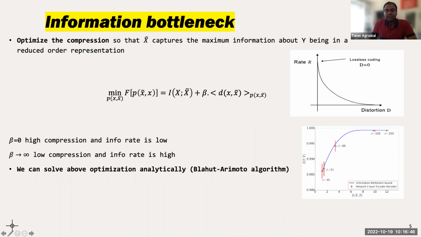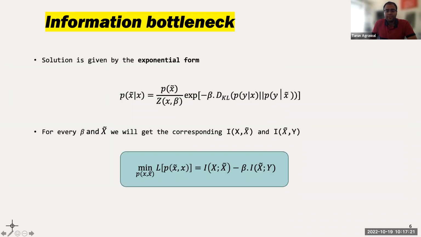This figure shows the information bottleneck theoretical upper bound, this blue line. And Peshbhai and his team show that if we go with this methodology with different betas, it will be very near to this upper bound, depending on how much beta is. And we can actually transfer all the relevant information from input data to the output data. So we can solve this optimization problem analytically using the Vallejo-Teramoto algorithm,